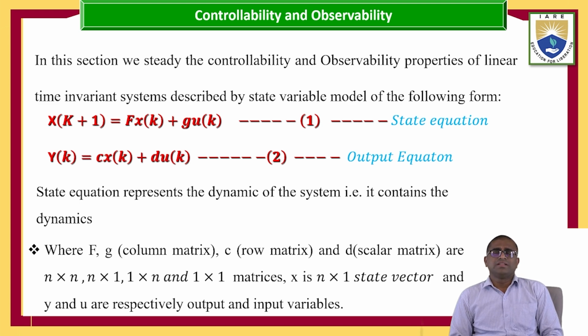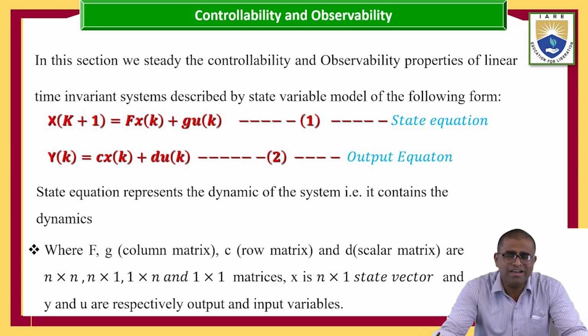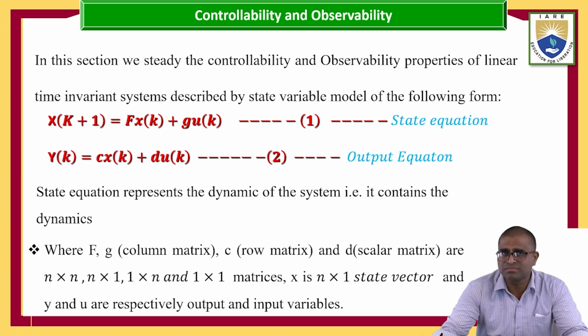The state equation represents the dynamics of the system. What is meant by dynamics of the system is that it has dynamic variables, that is, state variables. So what I am saying is, if you apply the input variables, you get the output, but in the case of the control system block, we have the state variables. That is, in the control block and system block, you have some parameters, and those parameters change with the state variables. Where in equation 1 and equation 2,